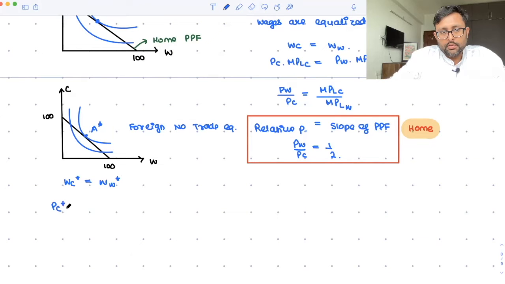That is PC star MPLC star equals PW star MPLW star. So you get PW star upon PC star is MPLC star